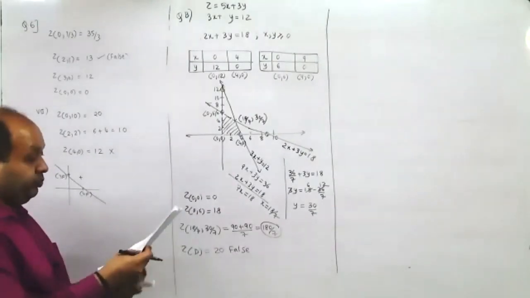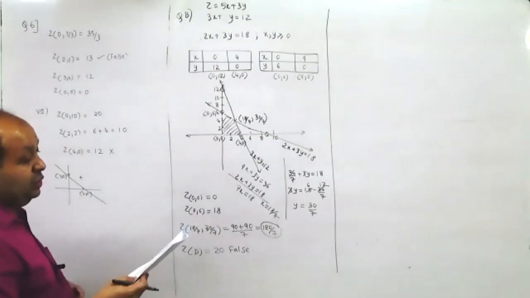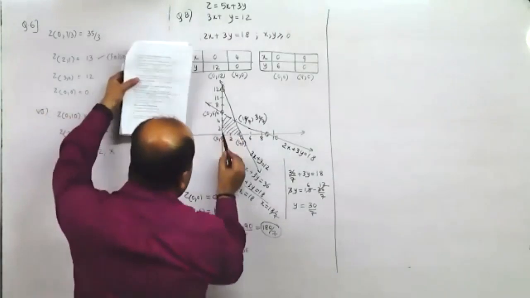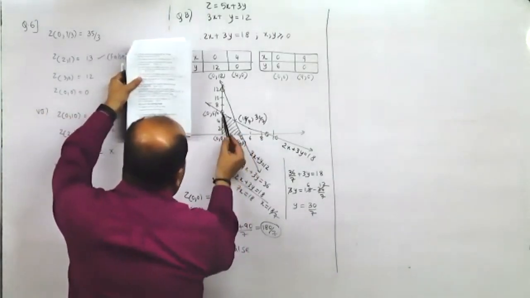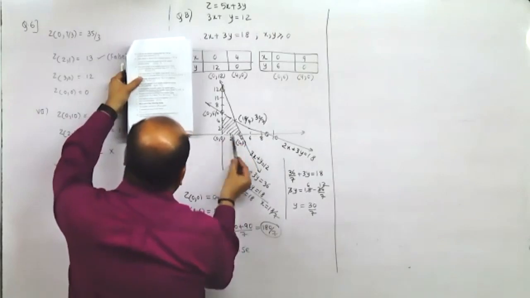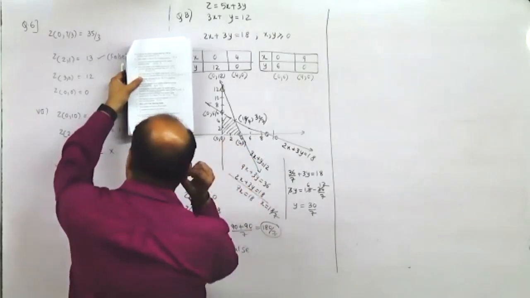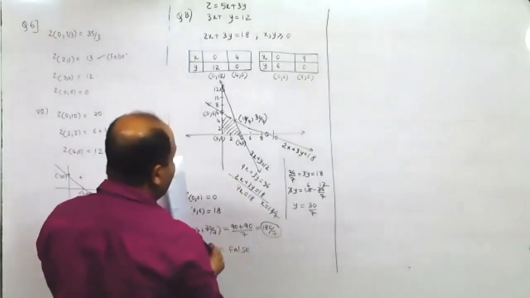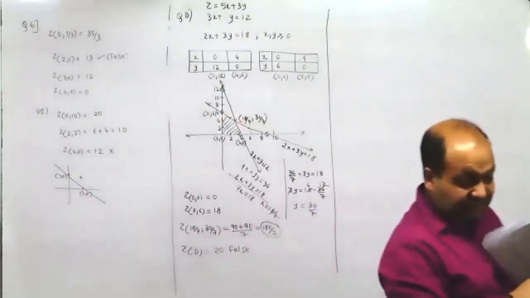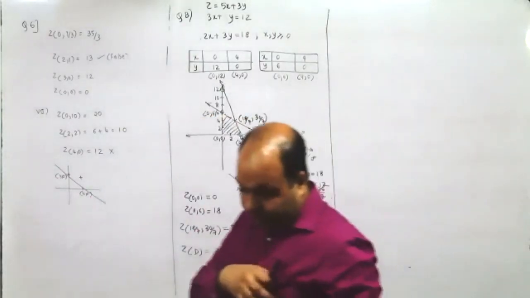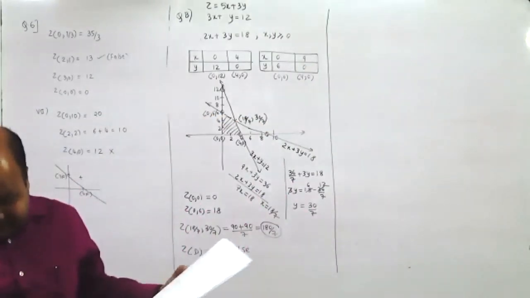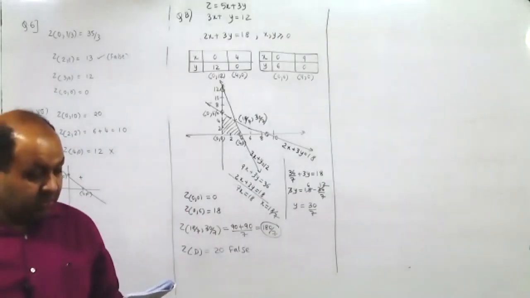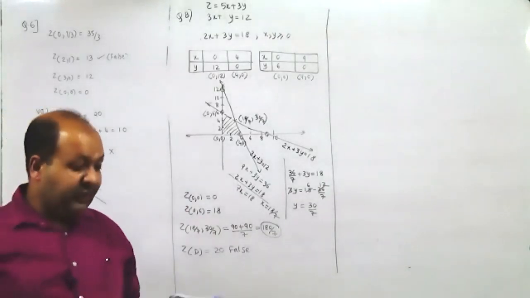Which one? Fifth one. A convex set includes the points but not the segment. Actually speaking, when I say convex set, this is the convex set. Now, when you think of it, it includes even the boundary along with the vertex points. So it should have been true. Sorry, it should have been false, but not the segment. So it includes the segment also. But what have they given behind? False. Have they given this? No. Fifth one they give true. You gave it as false. Yeah, it should be false.